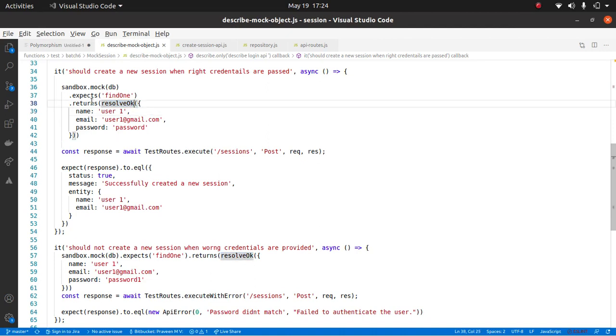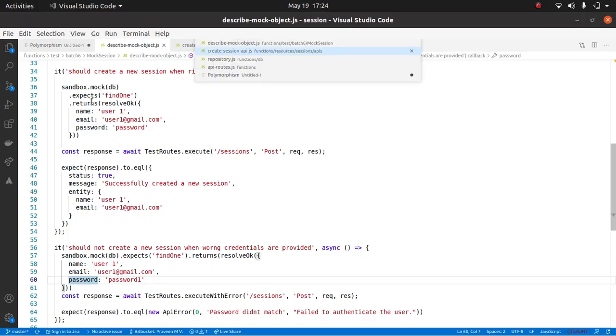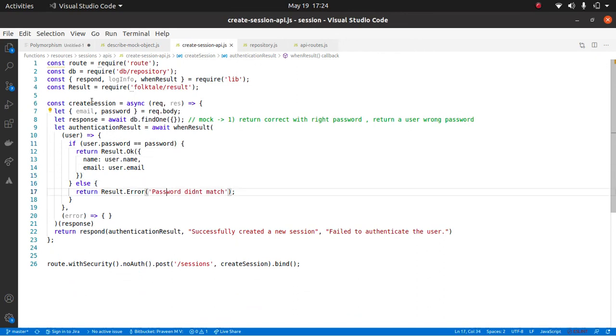It will return a promise, and that promise will return a result.ok wrapping this data. Similarly, in the second case, instead of hitting the database, it will directly return this object, where the password is wrong. That is why both our test cases are passing right now: if the password is right, return result.ok, and if the password is wrong, return result.error, telling the password didn't match.